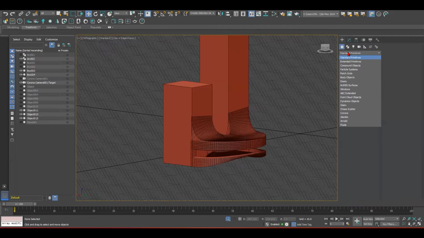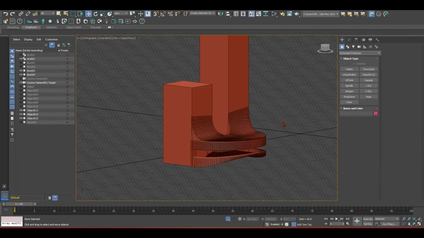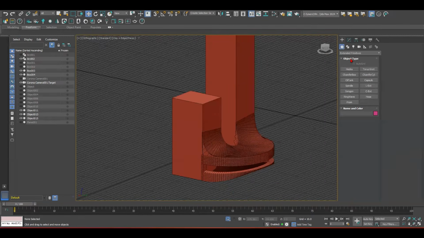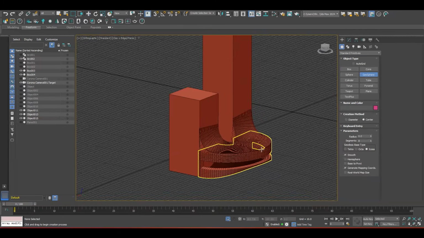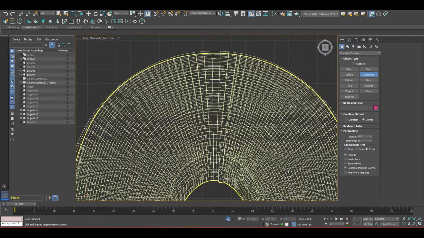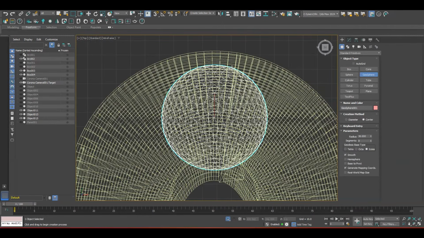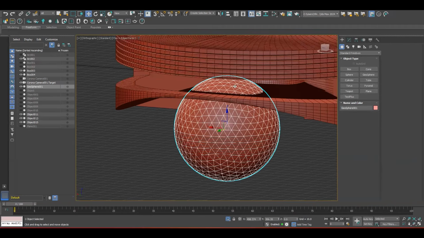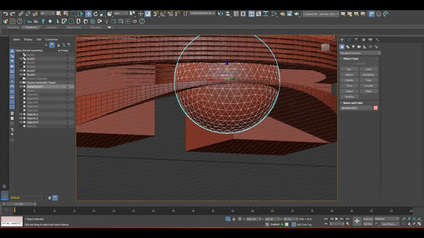Let's go to standard primitive, compound object, and sorry, extended primitive, and you can get a dome, which would be a primitive geosphere. So what we can do, we can get here and do a geosphere.